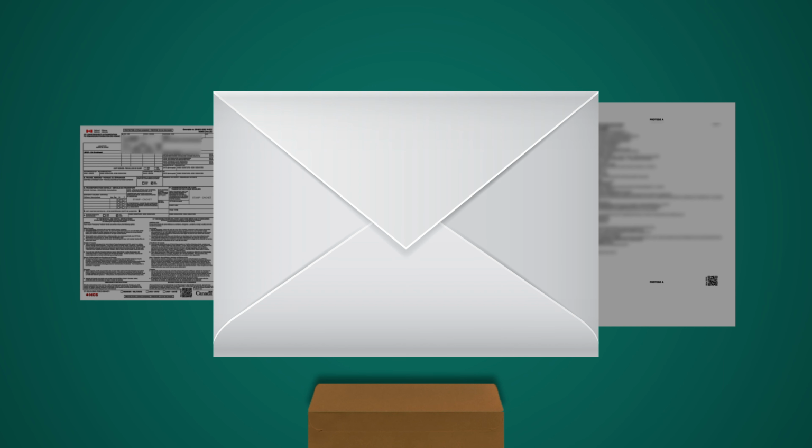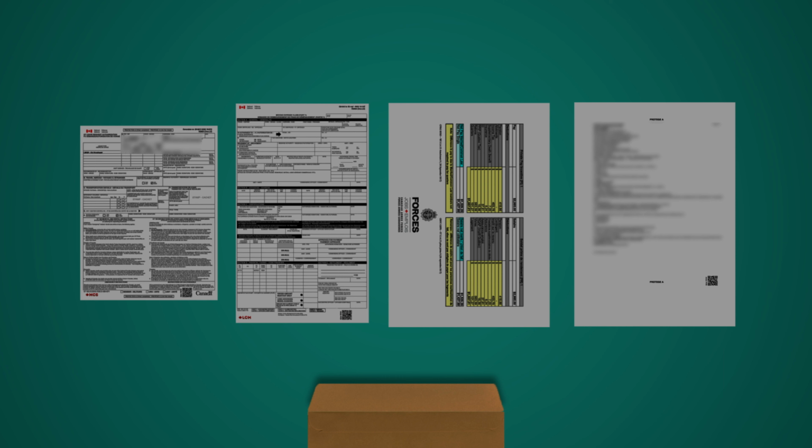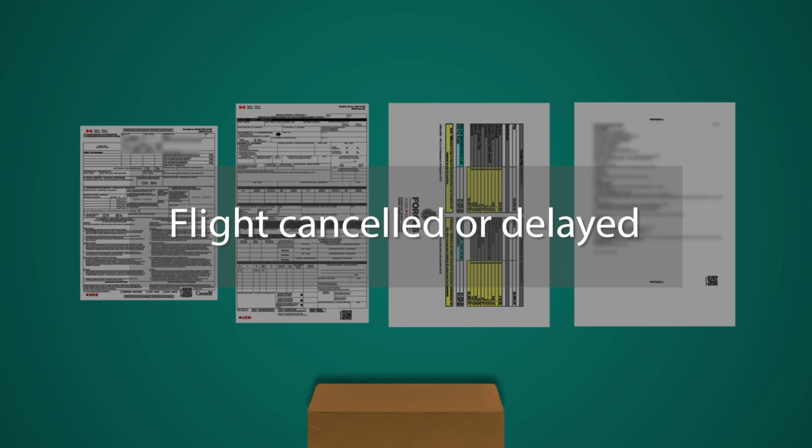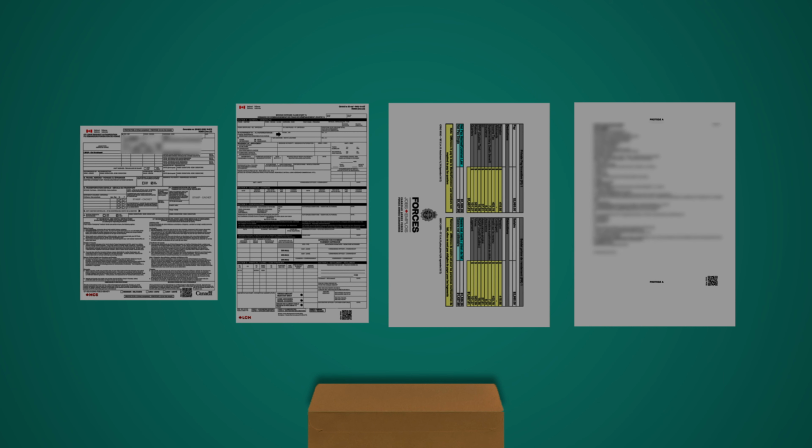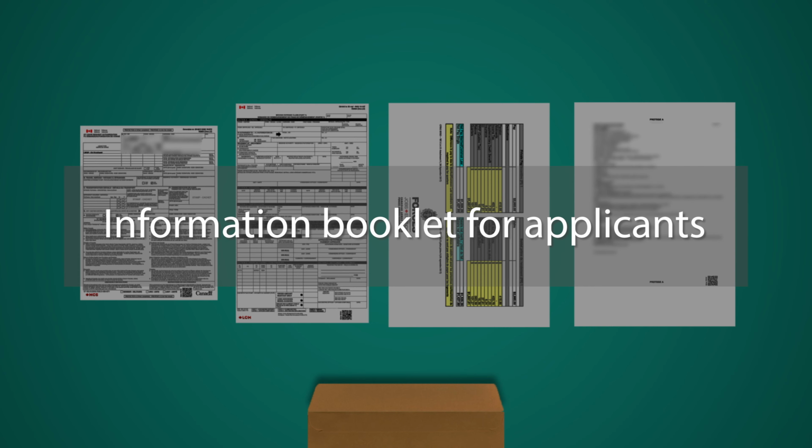You will receive an envelope which you must deliver to your unit in person. Use the form at the top of the envelope to fill in all the information requested for your trip. You will need to give the envelope to the administrative staff as soon as you arrive at the unit. As for the instruction you will soon be taking, it is important that you notify the responsible staff if your flight is ever cancelled or delayed, or if you cannot travel because you are ill or have been injured. The emergency number to call is listed in the information booklet for applicants that you received.